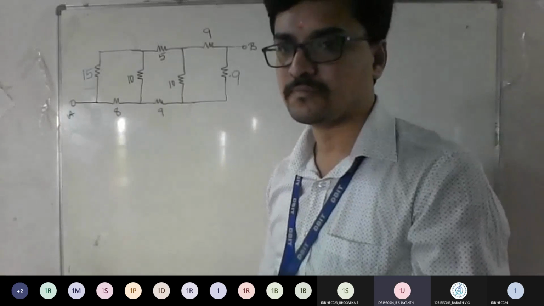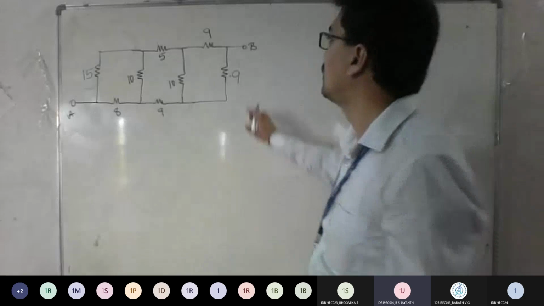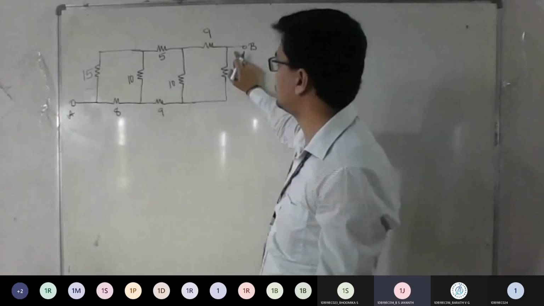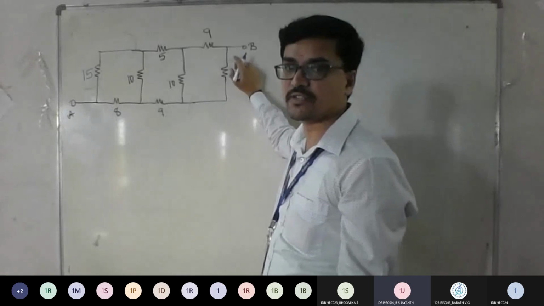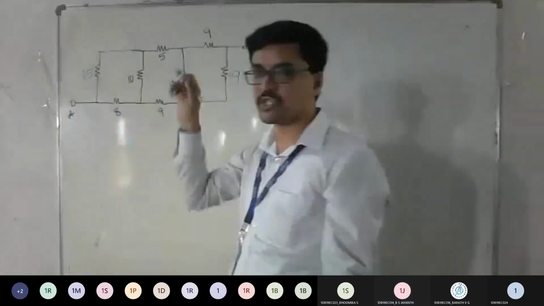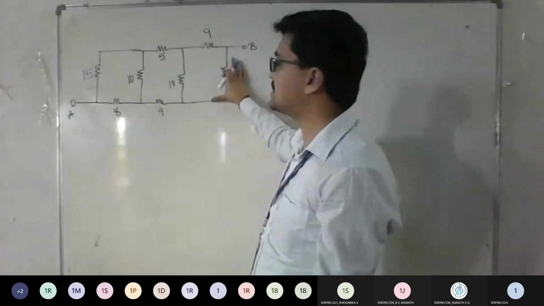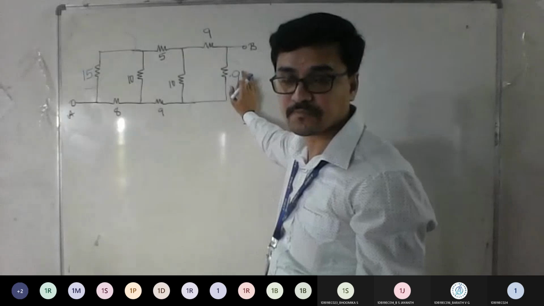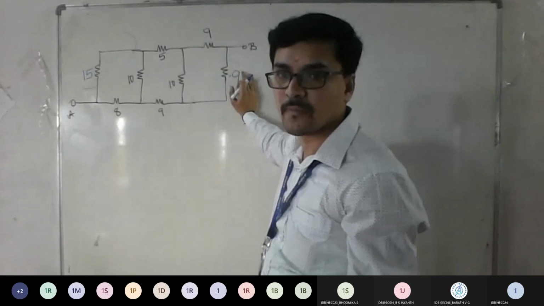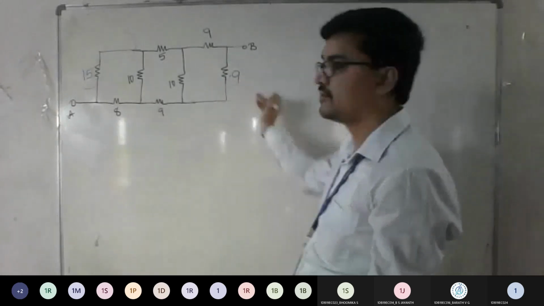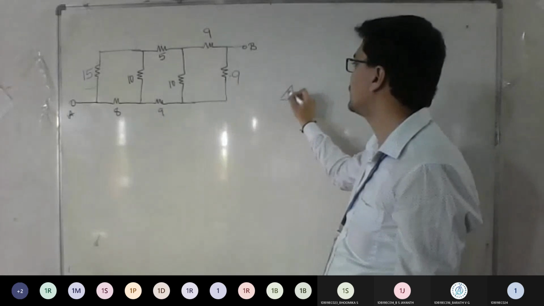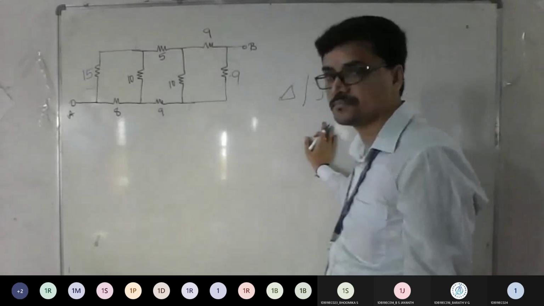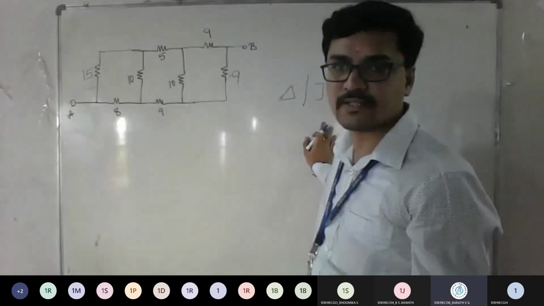Sir, at the node B, sir, we find that there is a delta type of configuration, sir. Okay, fine. So it means that, see, what is the thing I told? To get this to a star, see, the ultimate goal is between A and B, I should get only one resistor, right? So if this is your delta, what is the other name for delta? Delta means this, right? Can I call it pi also? Yes, sir. Yes or no?